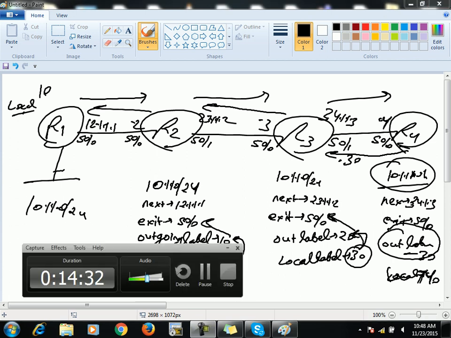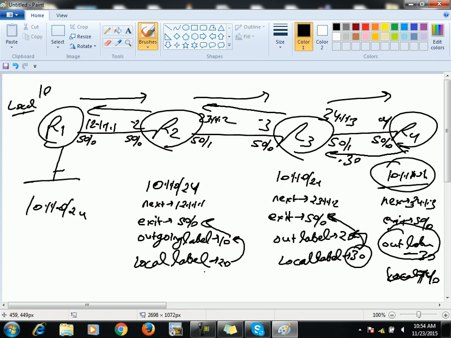So routers are no longer required to open the IP header, and they can switch your packets based on labels only, right? Labels are very small, simply 4 bytes long. Previously each and every hop was required to open 20 bytes of information, but this time they only need to open 4 bytes of information to switch your data based on labels.